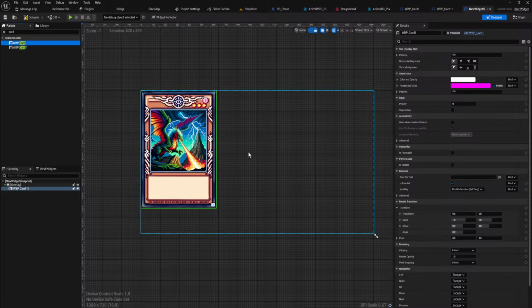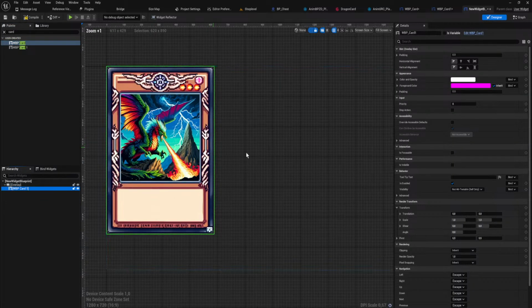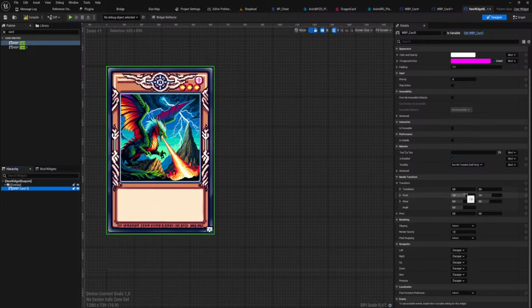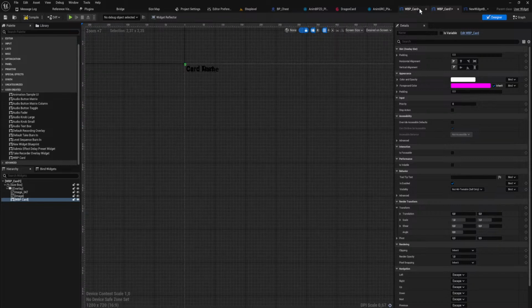Okay, so it does actually spawn them in properly when I do this, but not for this card. Okay, so if I put this just in an overlay and I go down into this value, we might have something workable here. I'll look into the text in a moment. But for this one,